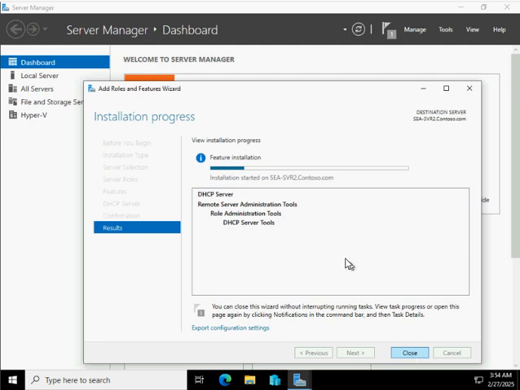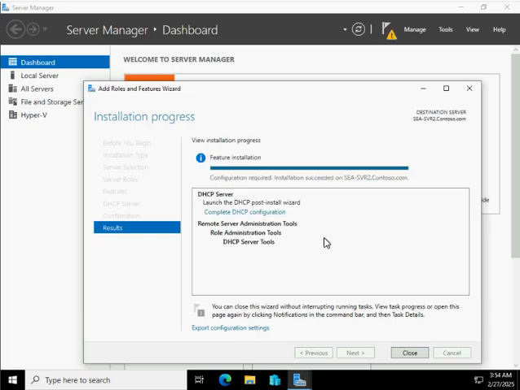So now I'm installing the DHCP role on Server 02. As I already told you, at the time of installing this role, we should not authorize the DHCP server. The authorization of this DHCP server we'll do when we complete the migration of DHCP scopes from the old server to the new server.